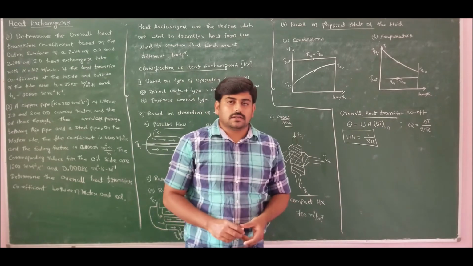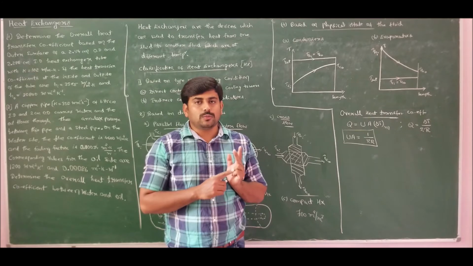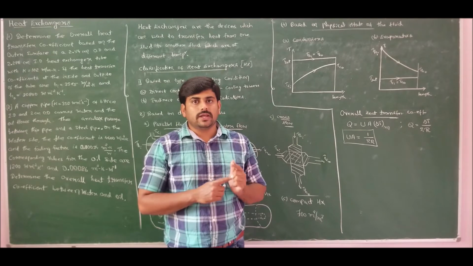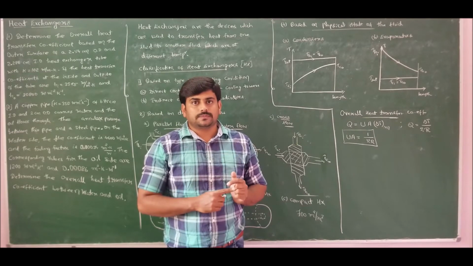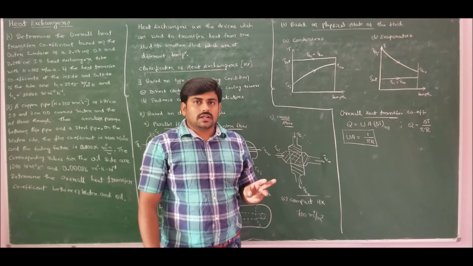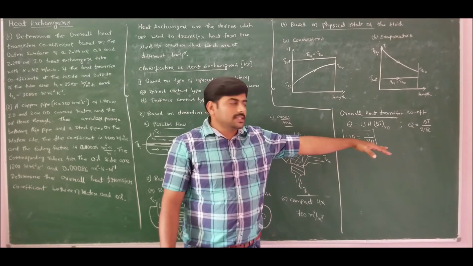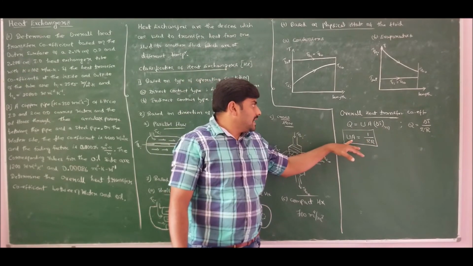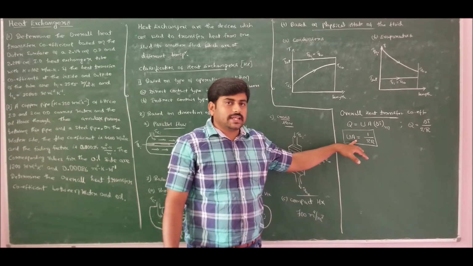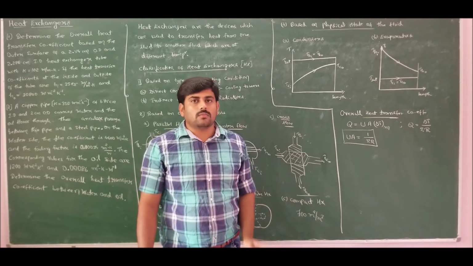Resistance due to conduction for plain wall is L by kA. For cylinders, it is ln of R2 by R1 over 2 pi K L. For sphere, it is R2 minus R1 divided by 4 pi K R1 R2. We already know the formulas for resistances for convection and conduction for plain wall, cylinder and sphere, using which I can determine the value of resistance. If I use inside area, I can calculate overall heat transfer coefficient based on inside area. If I use outside surface area, I can calculate overall heat transfer coefficient based on outside surface area. This you people already learned in our module 1 itself.